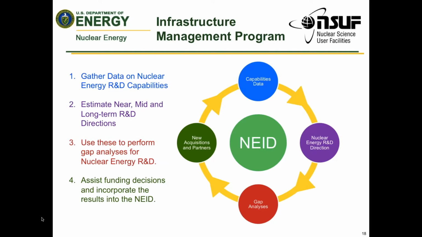And now the gap analysis has a lot of information. We have the database, and we use information from the RFIs, one of which was mentioned before, for the directions. The other RFI that is submitted pretty much on an annual basis is for capability needs. We also discuss with facilities. We get requests through the NSUF for capability maintenance, addition, enhancement. We work with our users organization, so we collect information from quite a bit of areas in order to do the gap analysis on capabilities that may be missing, need to be upgraded, et cetera.